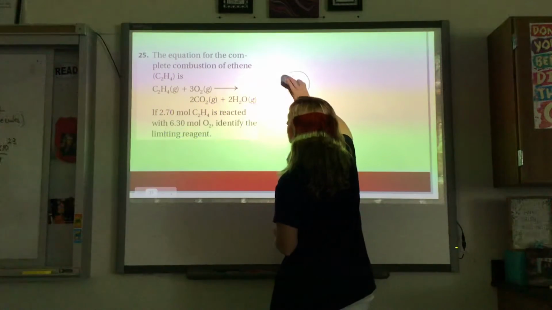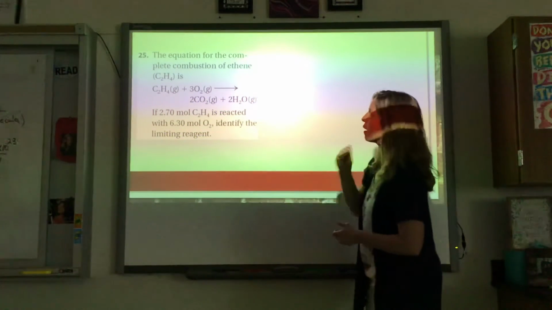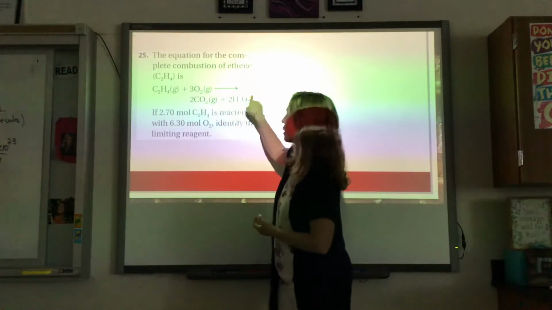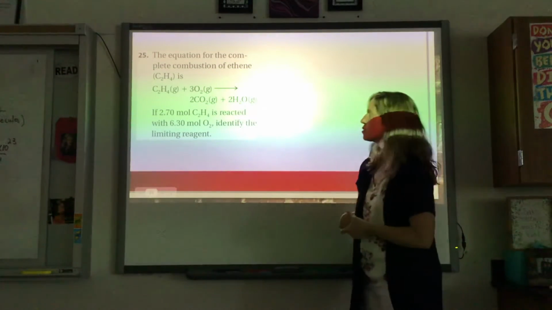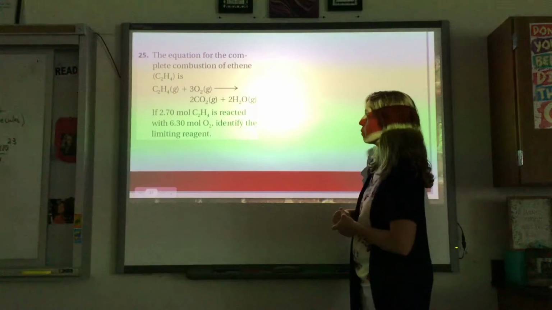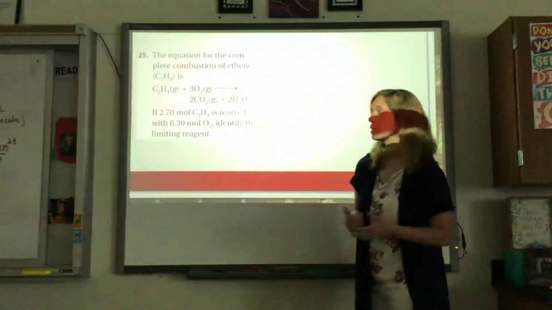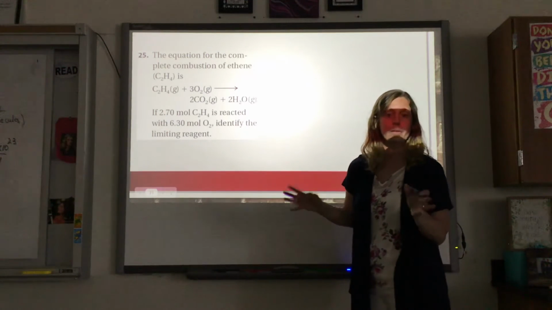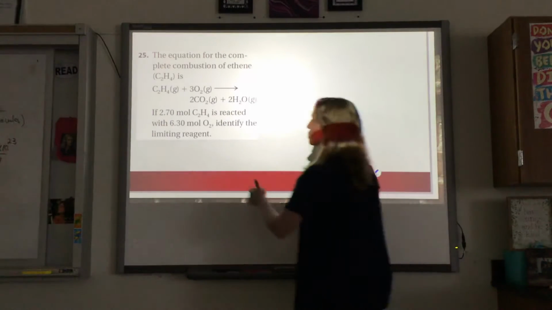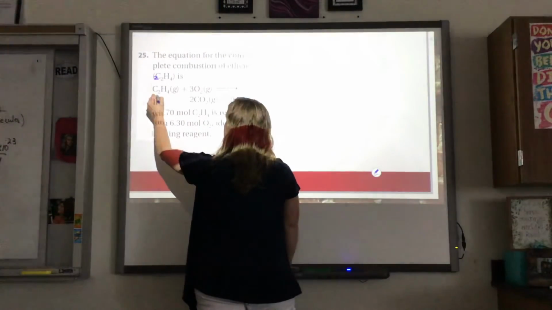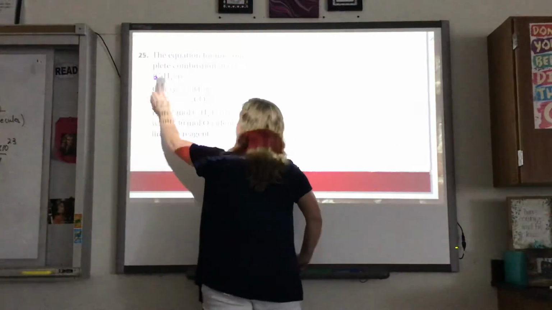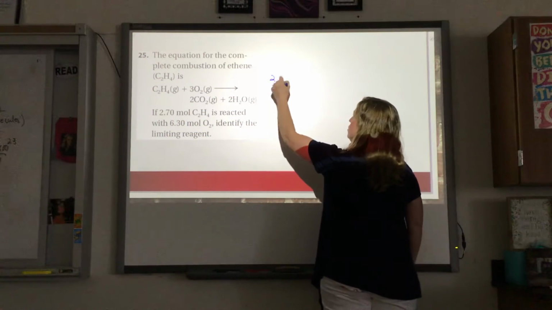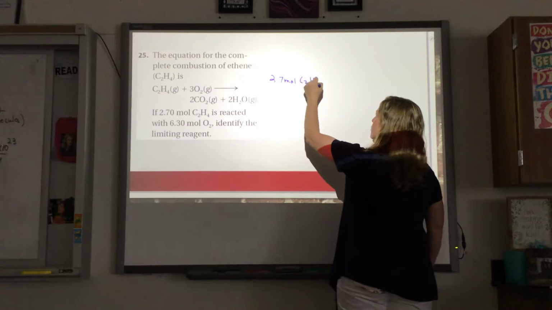All right, so now let's do another problem here. What if I had an equation of the complete combustion of ethene, which is C2H4? So I have my reaction. If 2.7 moles of C2H4 is reacted with 6.3 moles of O2, identify the limiting reagent. In this problem, I'm going to start out a little easier because I'm going to start with moles. So if I start this out with 2.7 moles of C2H4,